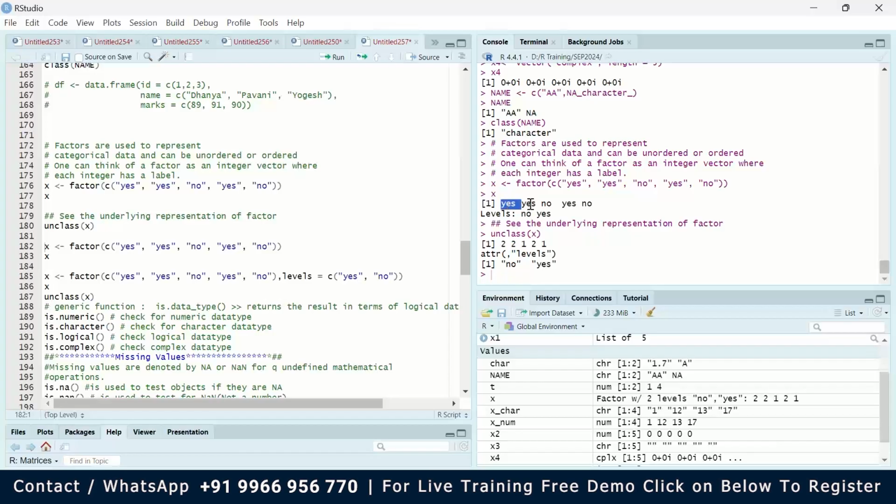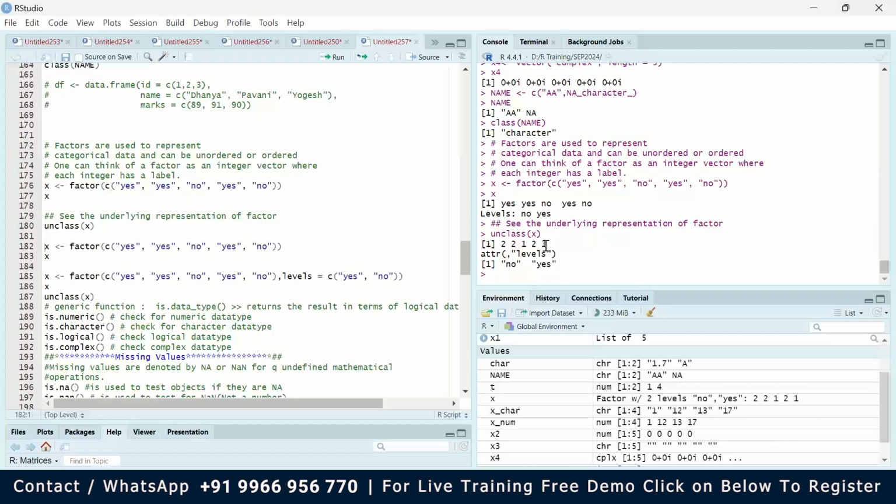The first position we have yes, second position yes, that's why we have 2, 2. Third position no, that's why we have 1 here. Fourth position yes, that's why here we have 2, and then at the end we have 1. This is the way, because it accommodated no as the first position and yes at the second position. Okay, so when we do the modeling, it tries to use no as a main label and yes as a